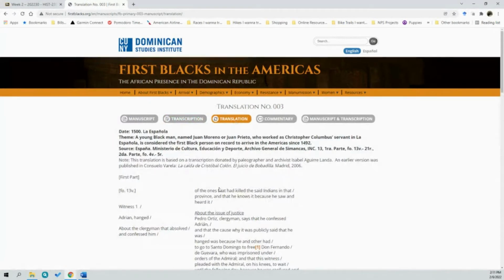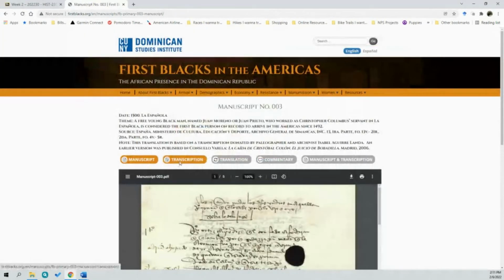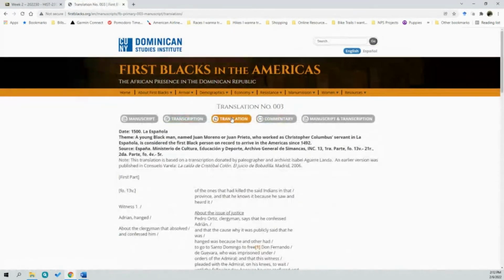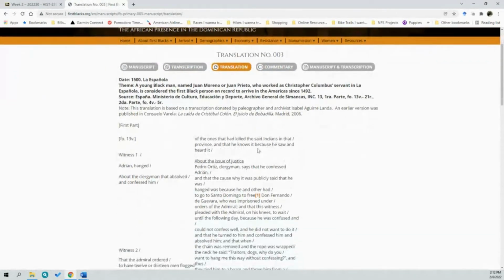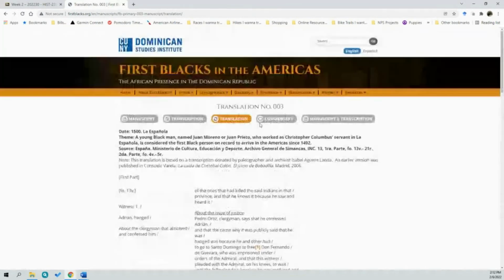The translation takes the manuscript, the original material, and converts it from the transcription of the original material to the translation. So you could, if you wanted to, go straight to the translation. That will provide you with the first person account story behind this young Black man from around 1500. And so you read the record after,